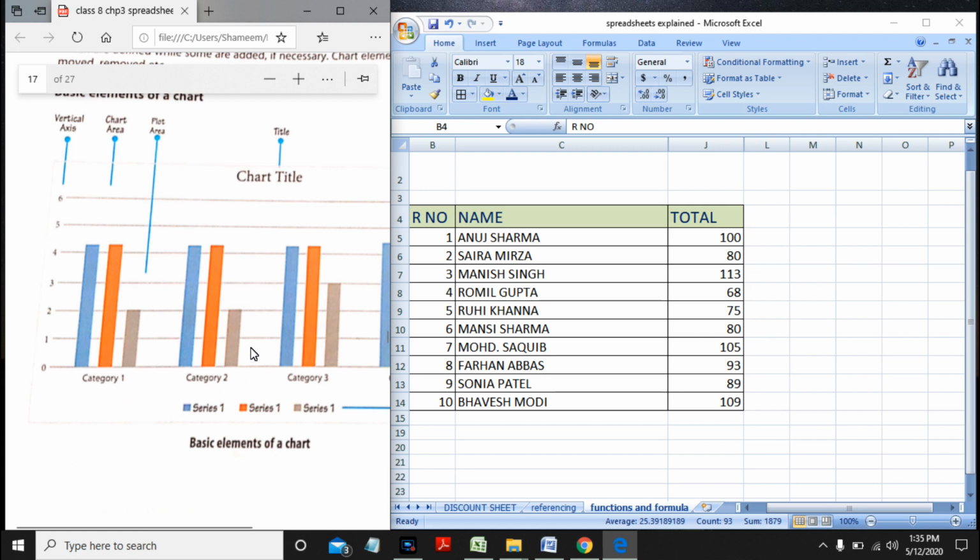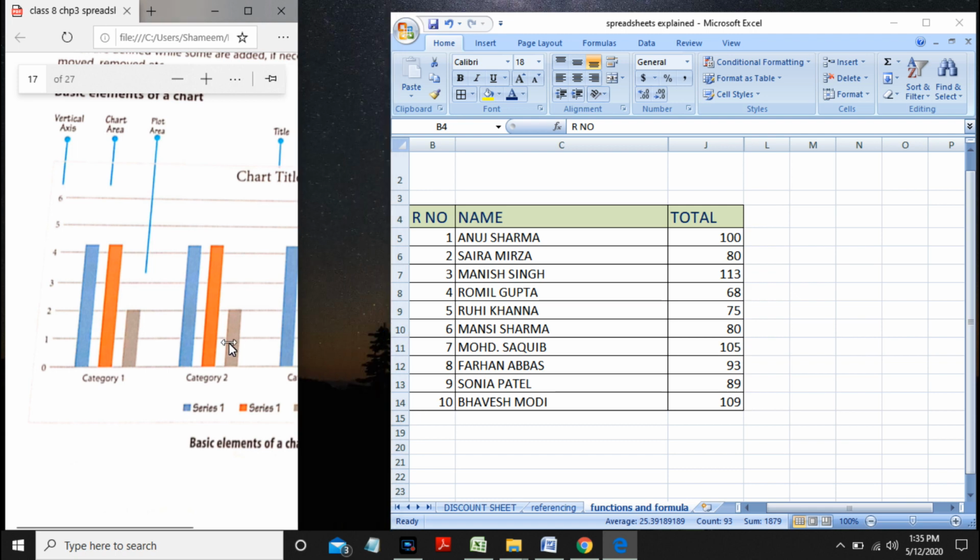Whereas if you see the numbers in the form of bars, it is always easier to analyze the data and make decisions. The different components of a chart, as you can see on the left side here, are the chart area where you make the chart, the axes, the x-axis and the y-axis, and the chart title, which is the name of the chart. Without further ado, I'll switch over to how a chart is created.